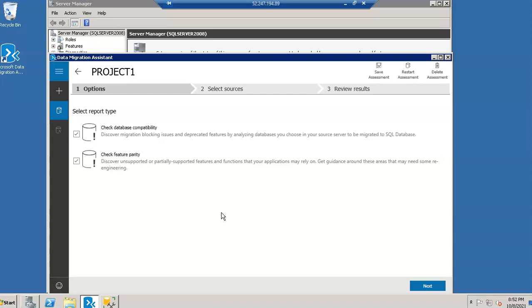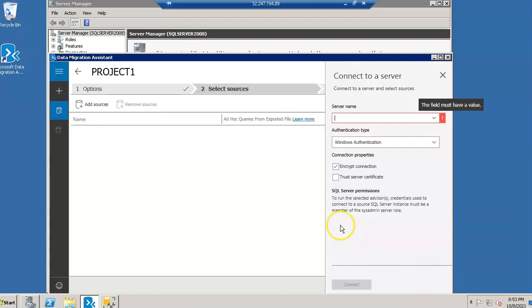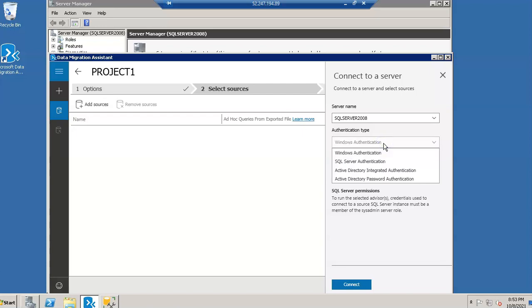I'm selecting these two options, check database compatibility and check feature parity. Server name, this should have a value for it to pick up the databases. I'm going to go with SQL Server 2008. I would do SQL Server authentication.